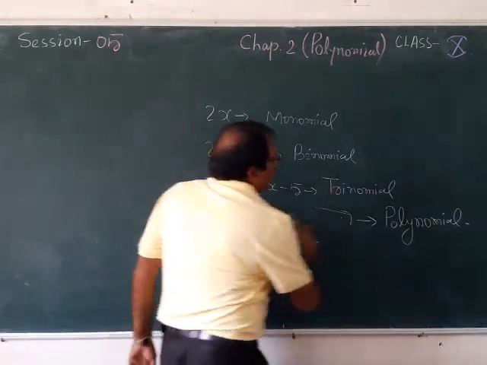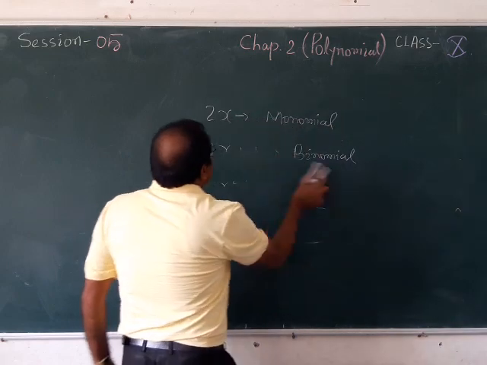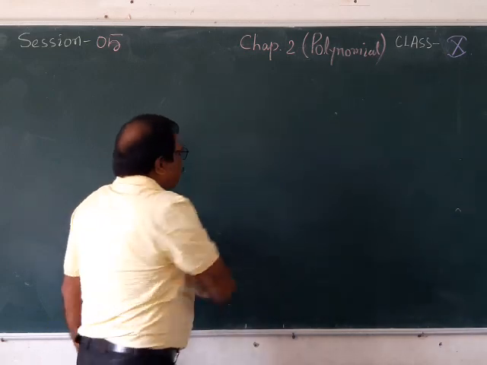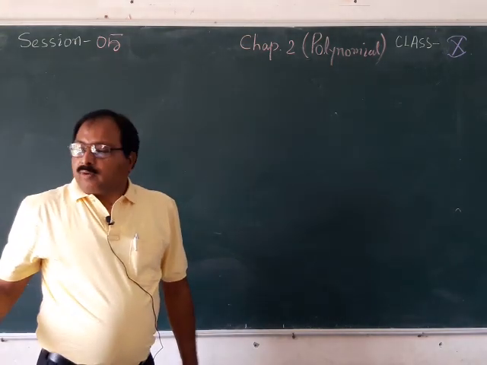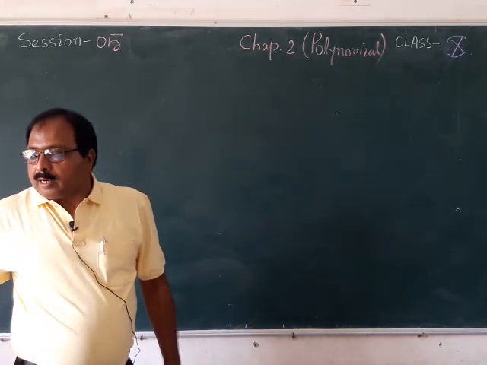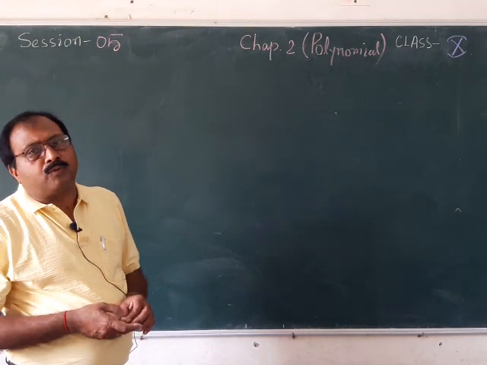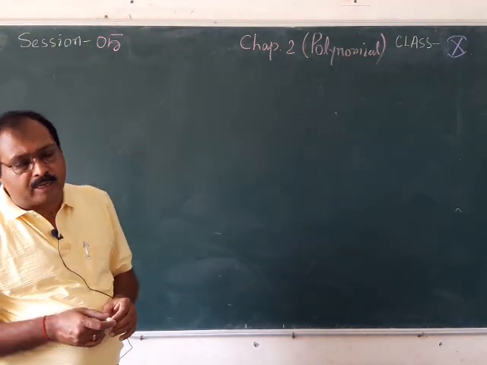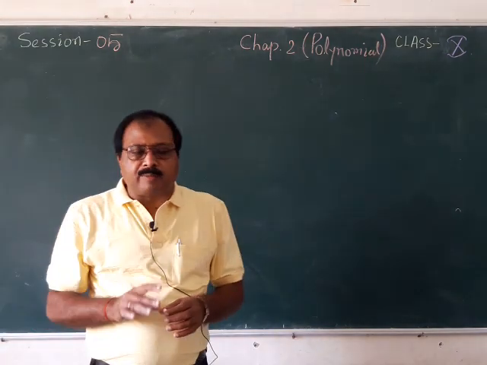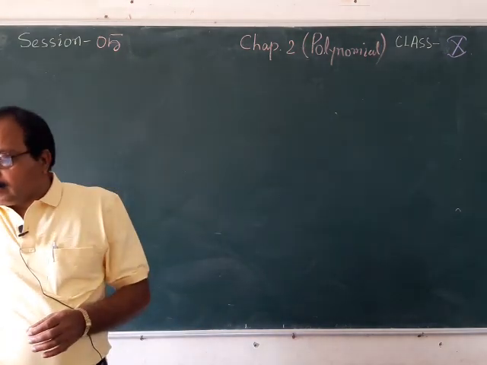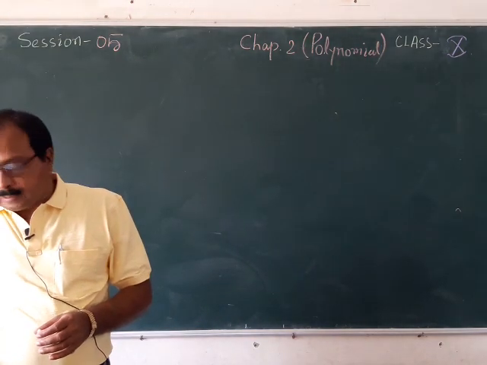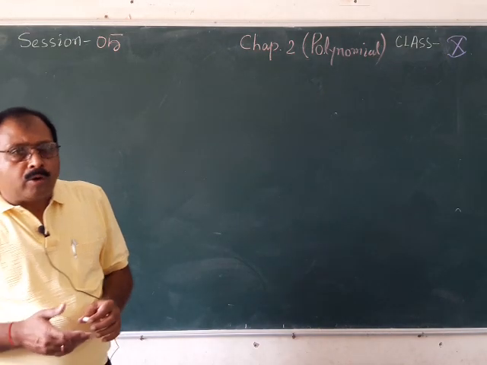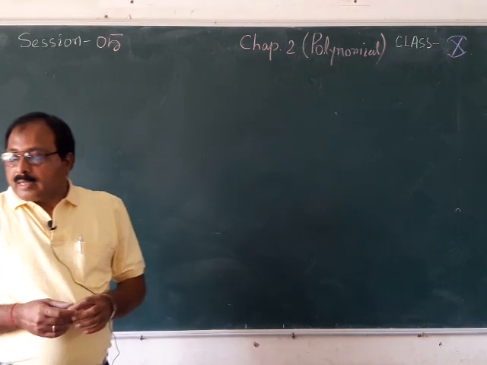Here we have to understand some special things regarding these polynomials. How you have drawn the graph of a linear polynomial. Linear polynomial means, you understand, where only one variable is used, that is a linear polynomial. And when you are using 2 variables, that means it is a polynomial in 2 variables. So here you all know how to draw the graph.